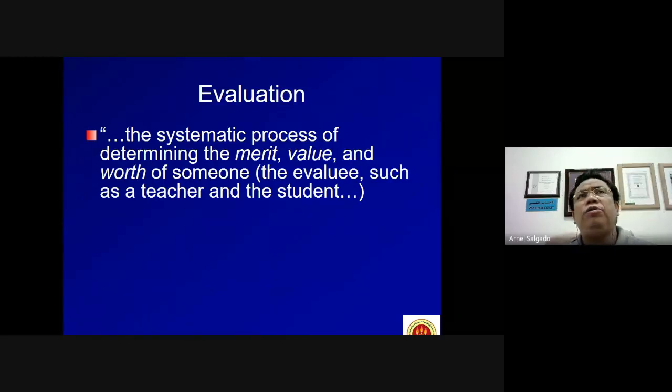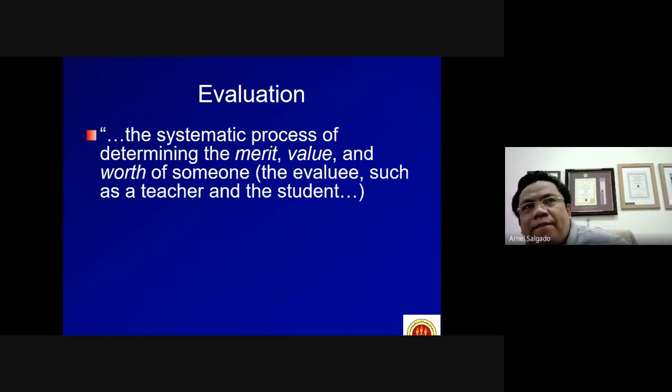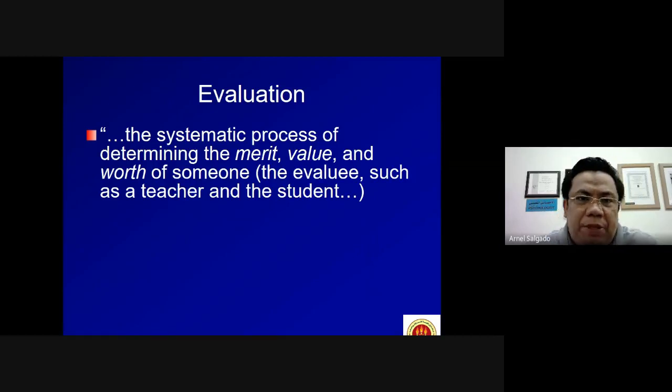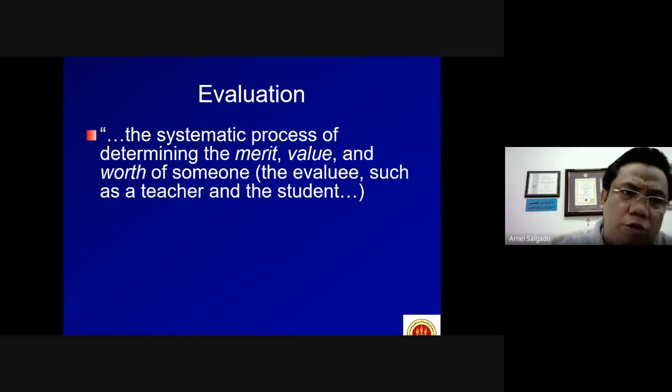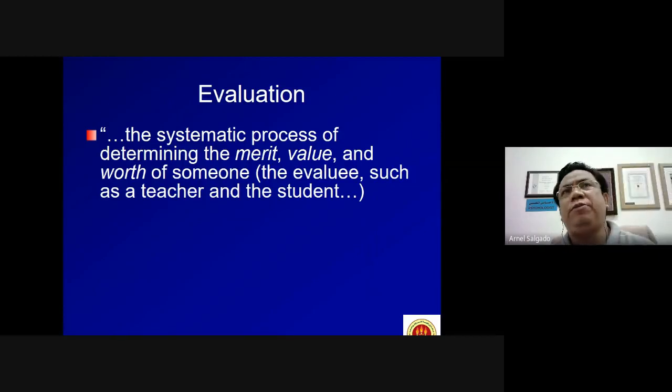We are going to look at how much you have integrated with yourself all the acquired knowledge and skills that we have given you throughout the years. That's actually the meaning of this, no? Now, assessment is basically focused on the learning outcome, but evaluation is focused on the integration of all the learning